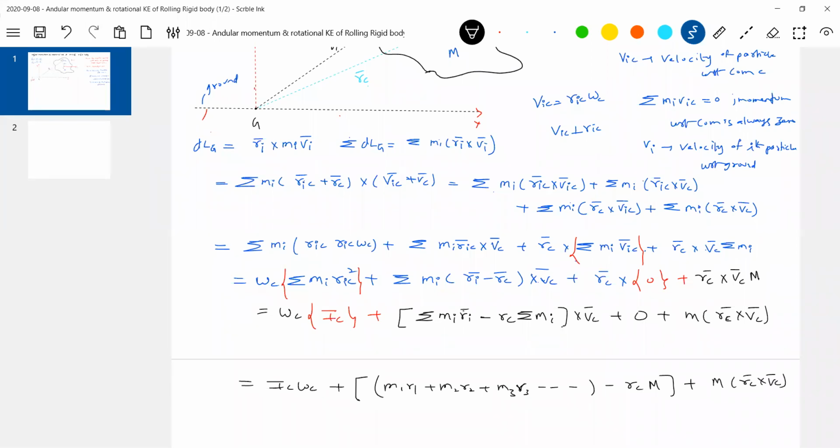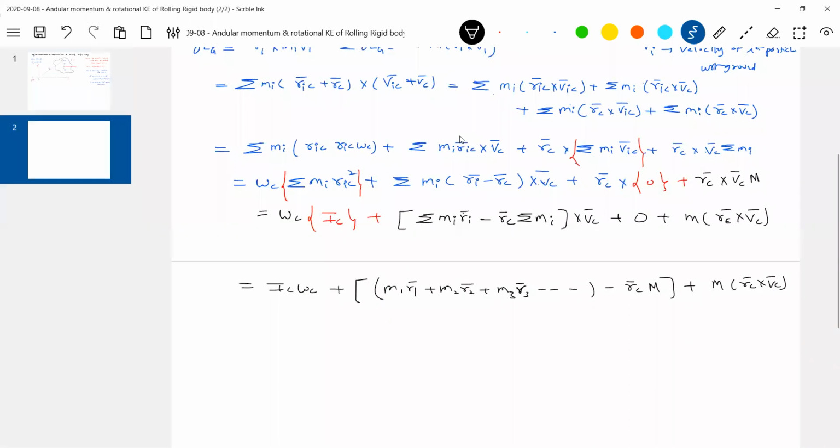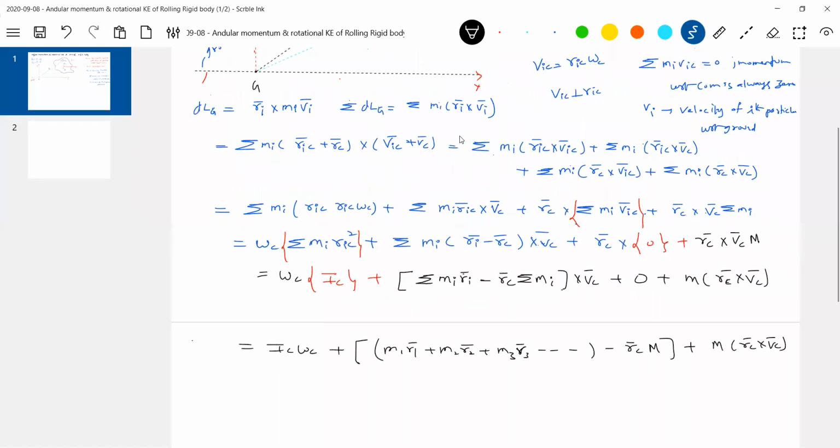Now tell me, where the vectors have gone? Okay, I'll bring the vectors here. Now tell me, what is this square bracket term? RC bar is equal to M1 R1 bar plus M2 R2 bar plus M3 R3 bar by M. So what will happen to the whole bracket term, from the definition of center of mass? I think summation of